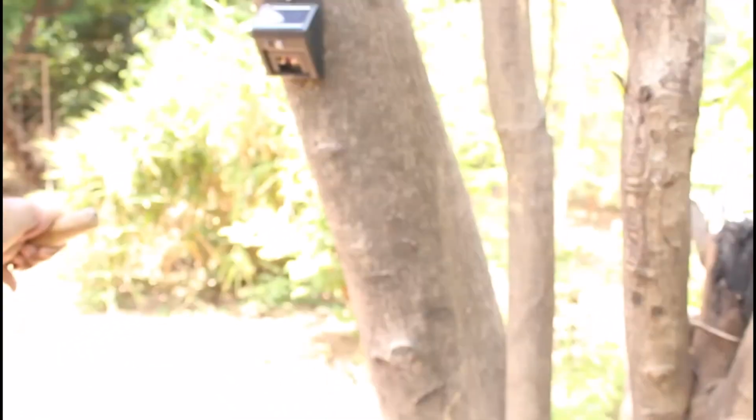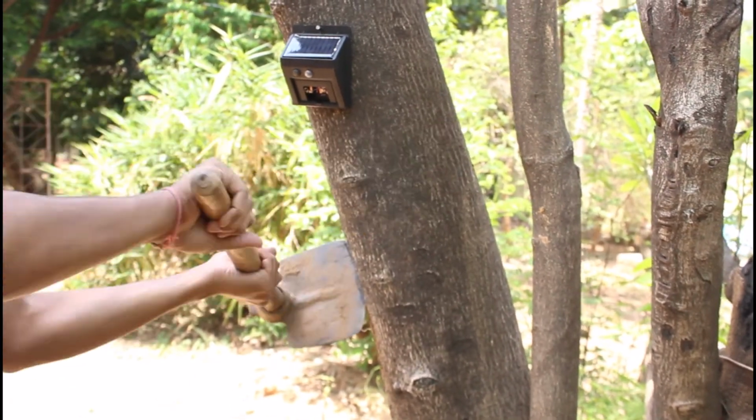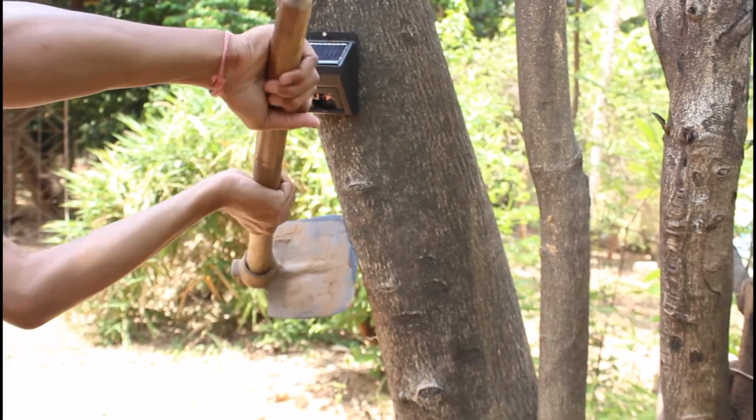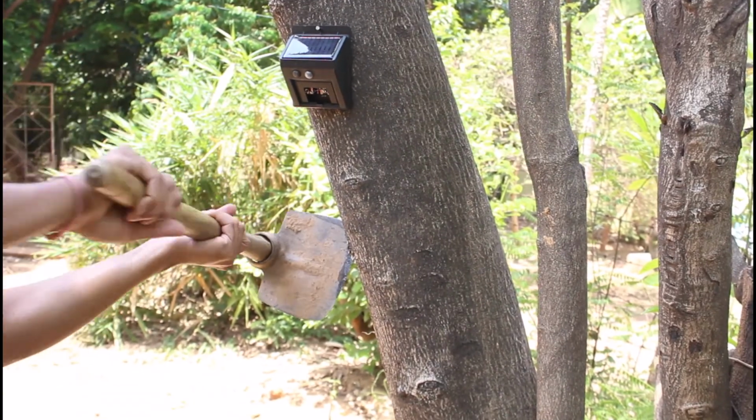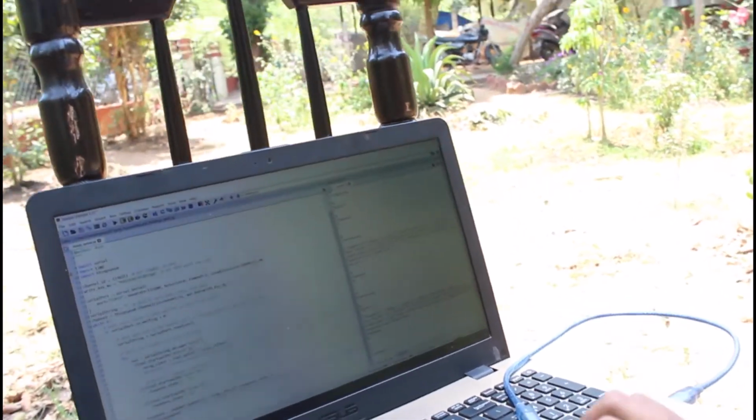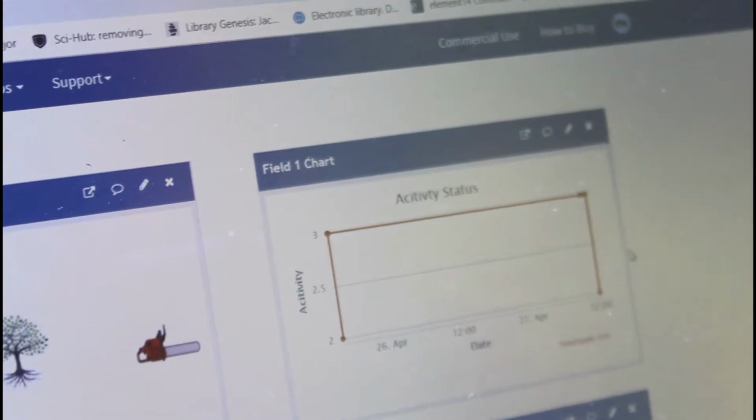So now we are going to simulate this. This should be enough. So I guess you can see the inference results coming here are 2 of class 2. That means the X logging, and here is the